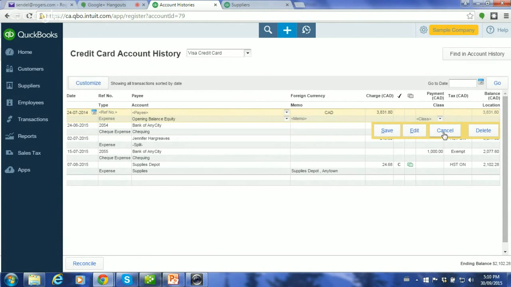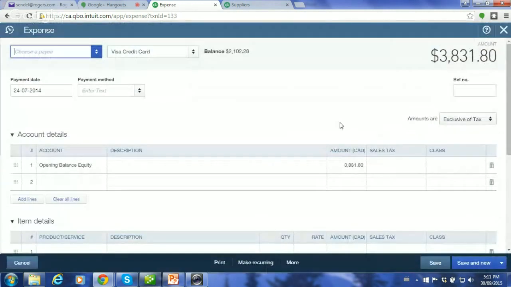The other alternative is, let's say this was my personal credit card that I added and it had no bearing on the business itself, or perhaps as a shareholder I had already put all the cash expenses into the business from my credit card before I attached the credit card. So if I accepted these entries now, I would be duplicating, and I don't want to duplicate my entry. So I could also go in here and edit it, and obviously if I had personal expenses from my credit card, we probably would have put it in as a journal entry, and we would have credited the shareholder loan.